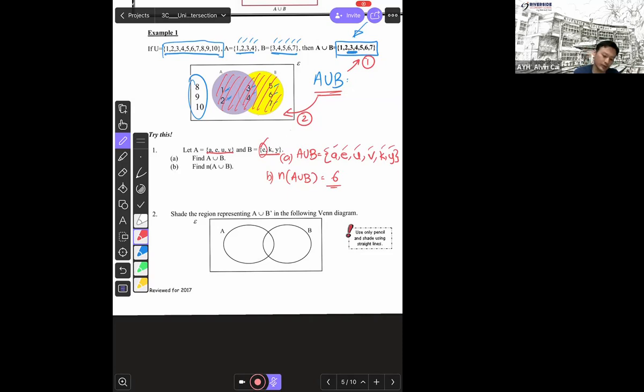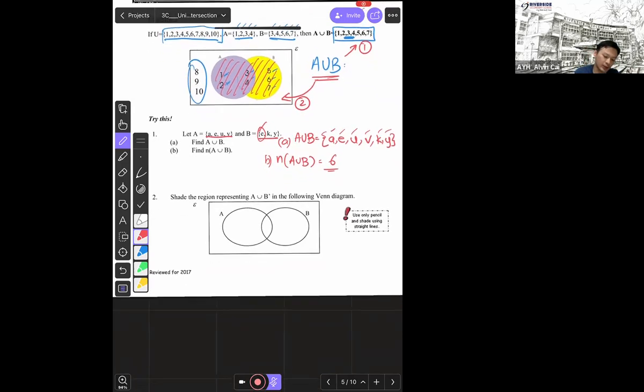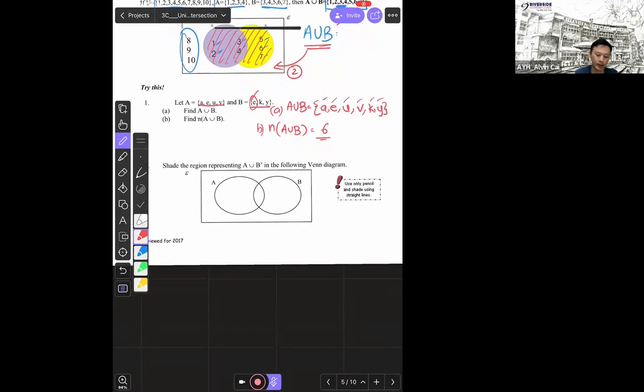Okay, so this is the first part: how to combine the two elements that are given. Next up, we are supposed to shade. First of all, take note: now it's not A union B only, now it's A union B complement. So how do we do that? I'm going to teach you a technique. So we're going to shade in